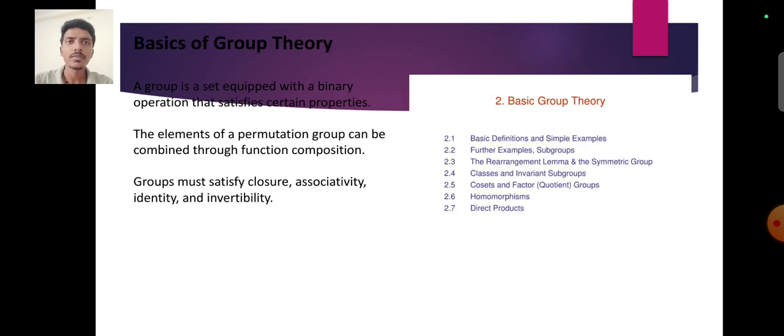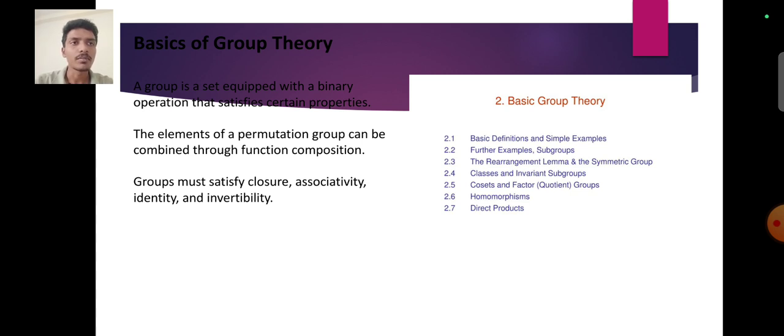Basic theory of group theory. A group is a set equipped with a binary operation that satisfies certain properties. The elements of a permutation group can be combined through function composition. Groups must satisfy closure, associativity, identity, and invertibility. The basic group theory is divided into 7 parts: basic definition and simple examples,